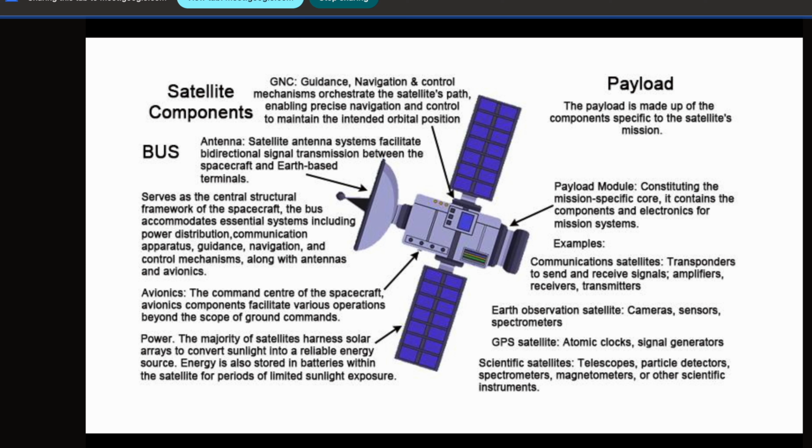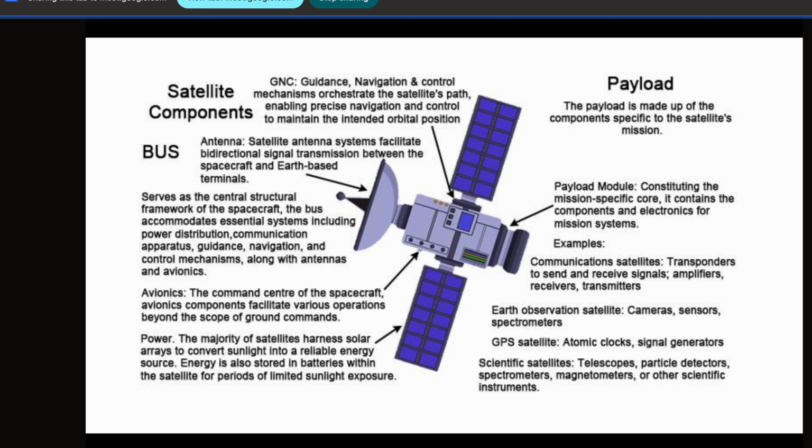So your payload is just receiving, then some processing, and then transmitting. For a remote sensing satellite, payload can be a camera, a radar, a thermal sensor, or any kind of sensor. So based on your need, this payload will change, and the satellite is the whole structure.